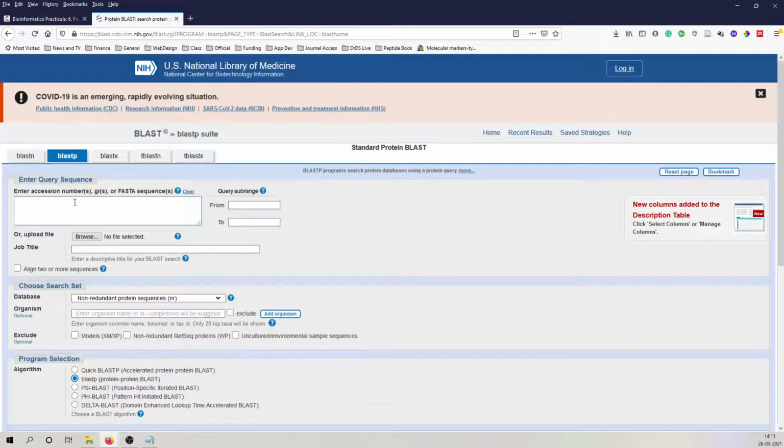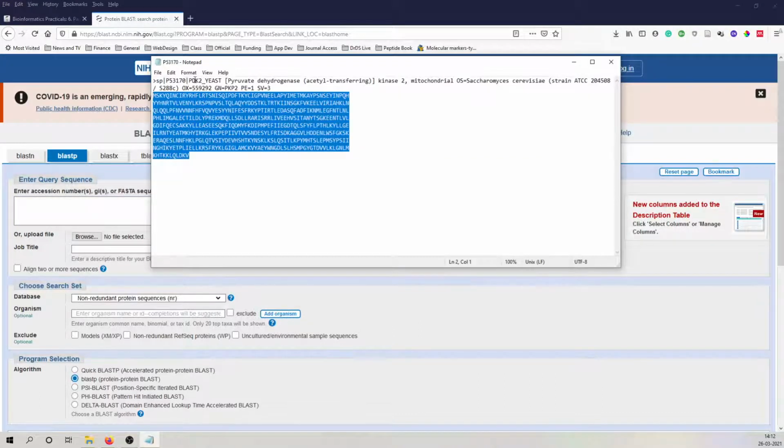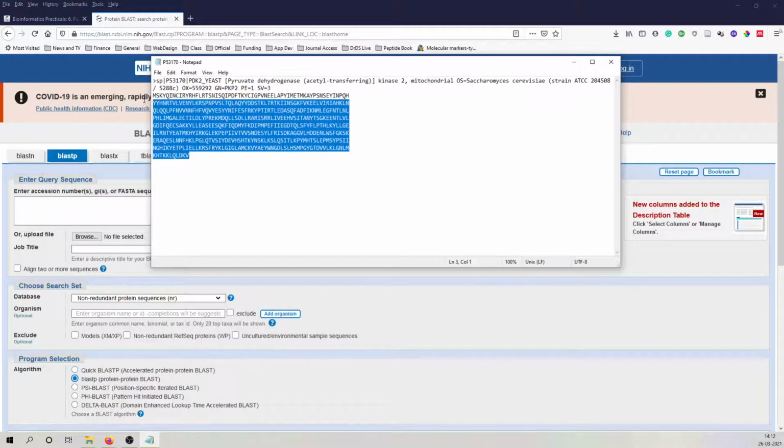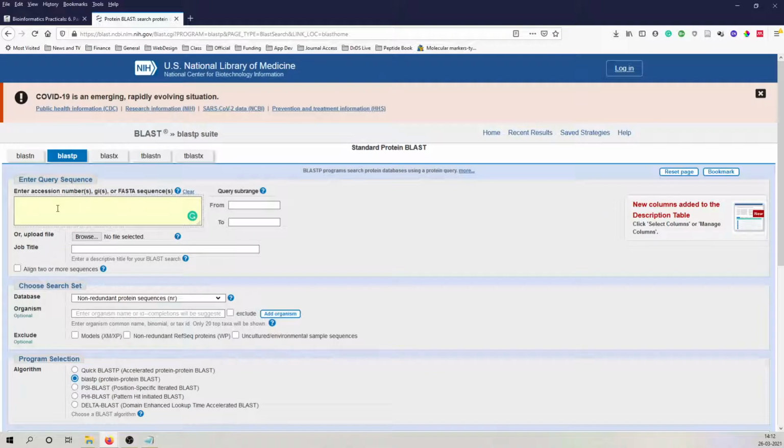Now, we have various options like accession numbers or FASTA sequences. So you can paste the sequence here or the accession number. Where is the accession number? If it is a GenBank ID, you will have an accession number at this position. For a DNA sequence, the accession number or the ID copied from this position can be pasted into the text box, or the sequence present in the FASTA file can be copied and pasted in the search box.